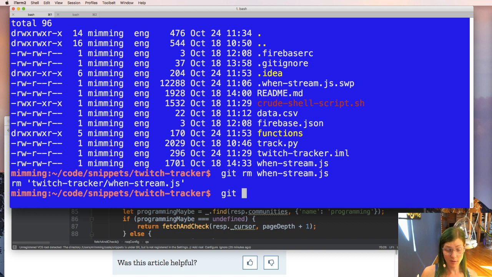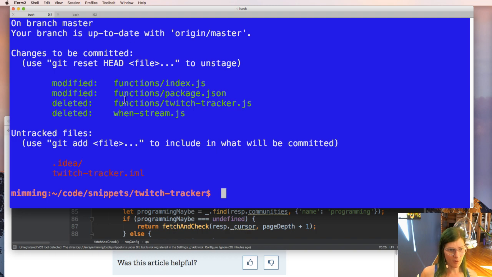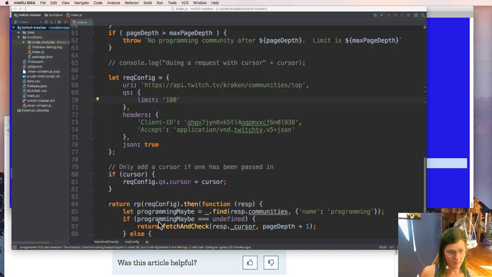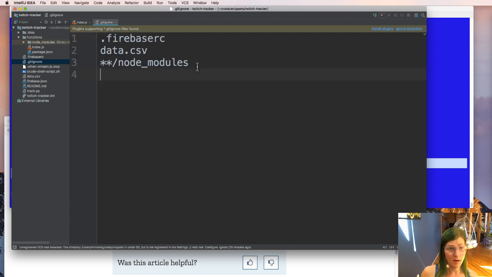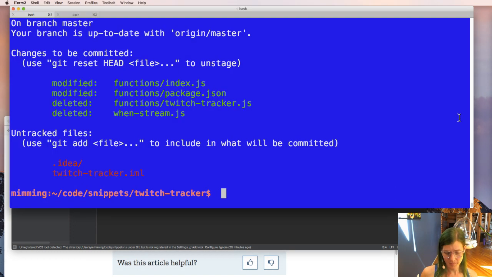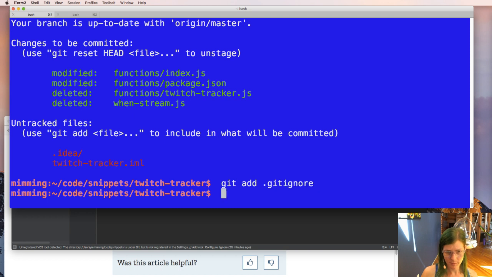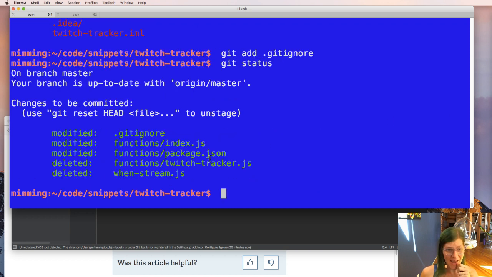And I also want to modify my .gitignore so that it ignores my IDE cruft. So let's go into .gitignore here. And we want to remove .idea and **iml. Yay, clean commit. Oh, but we have one other thing, which is our package.json has a dependency we don't need